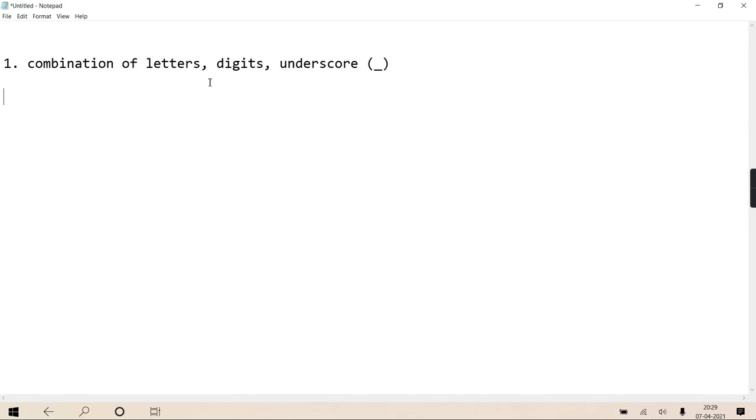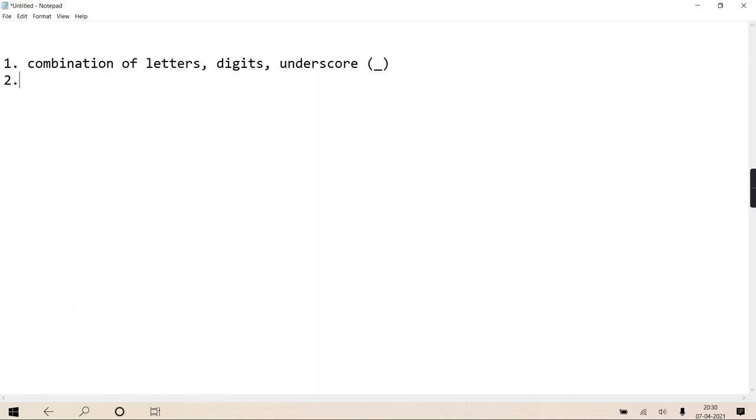Like in Java there is the currency sign you can use, and in letters, Latin letters are also allowed, isn't it? Those who are from a Java background might know. See, in Java, letters can contain Latin letters also. Even currency signs are allowed: dollar, pound, yen and all. Such confusion is not there in Python. Python says simple letters, that is uppercase, lowercase, A to Z, digits, and underscore. A combination of these can come.